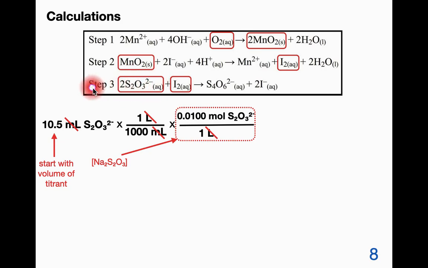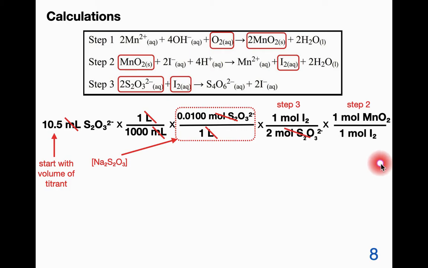Okay, so now I'm going to use the mole ratio from step 3. The mole ratio tells us for every 1 mole of iodine that reacted, we needed 2 moles of the thiosulfate. So the 2 moles of thiosulfate go in the denominator. At this point, if we were to stop, we would calculate the amount of iodine that we have. Then I'm going to jump up to step 2. The mole ratio here is 1 mole of elemental iodine for every 1 mole of manganese 4 oxide. So it's a 1-to-1 mole ratio. The moles of iodine go in the denominator, so they cancel out,